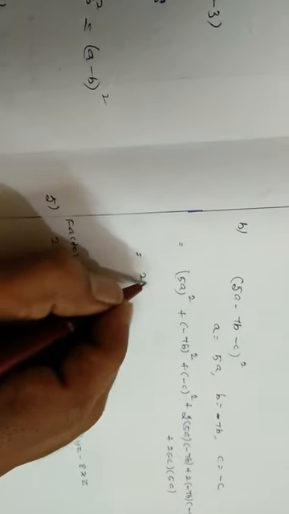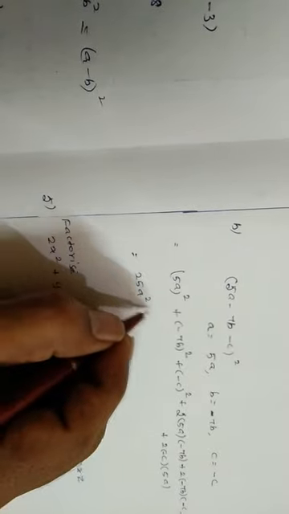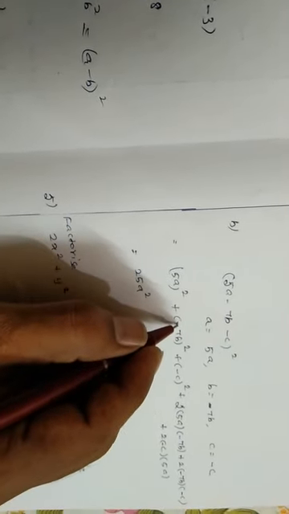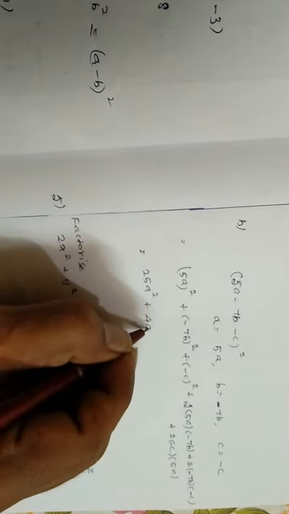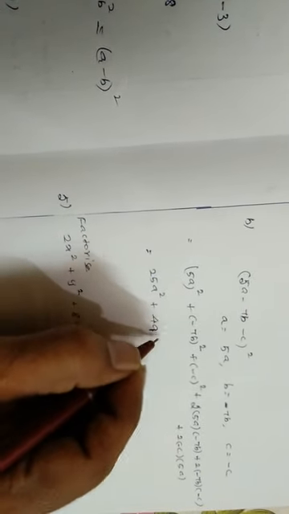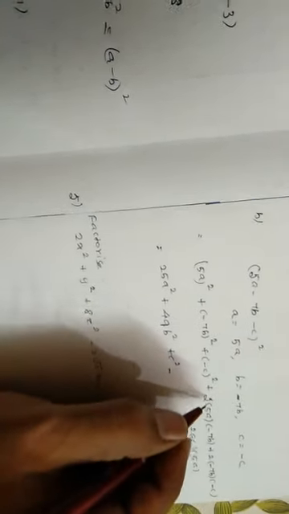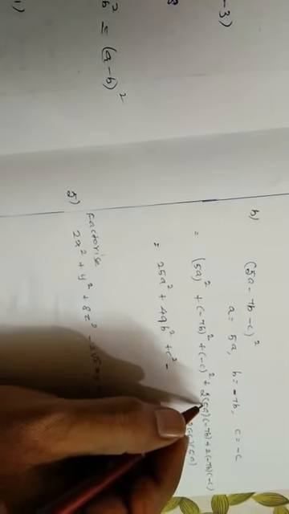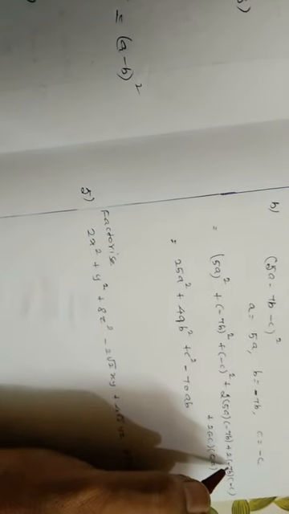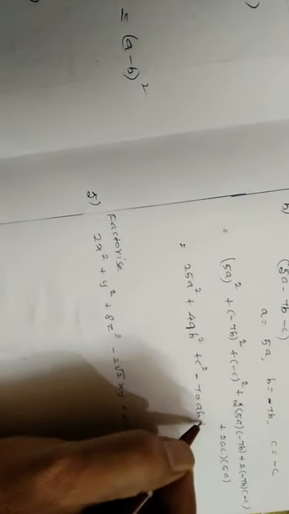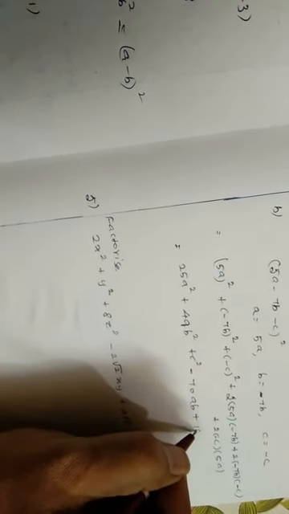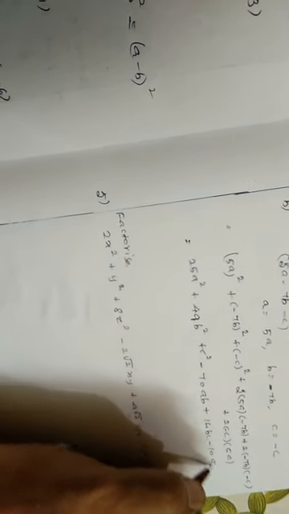Now 5 squared is 25, so 25a squared. Plus into minus, no need because of the square. Minus into minus is plus, so plus 7 squared, that is minus 7 into minus 7, 49. So 49b squared plus c squared. Here plus into minus is minus, remaining numbers 2 times 5 is 10, times 7, so 70ab. Here plus into minus is minus, and minus into minus is plus, so 2 sevens are 14bc. Next plus into minus is minus, 10ac, c into a, so ac. Like that you can find.